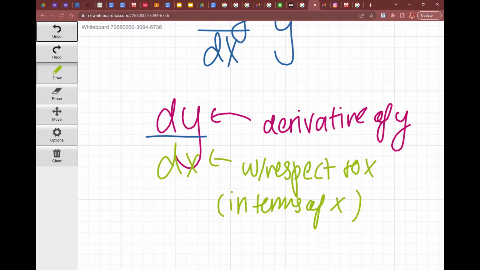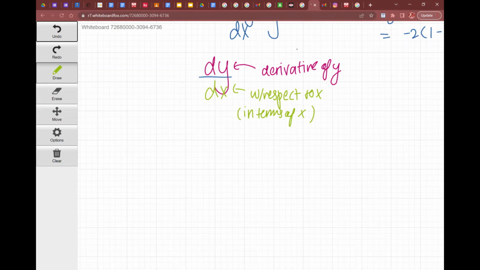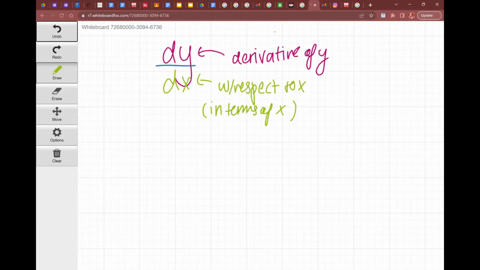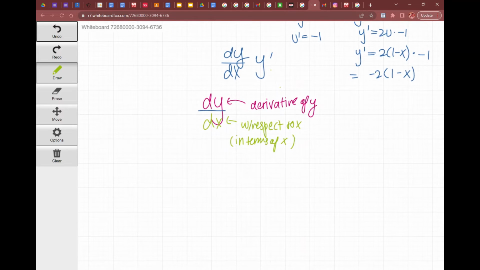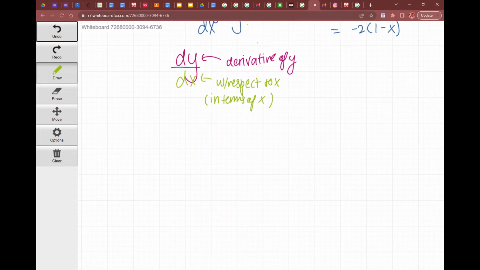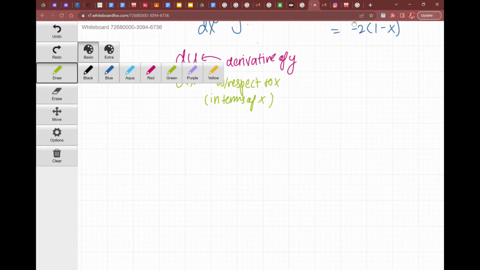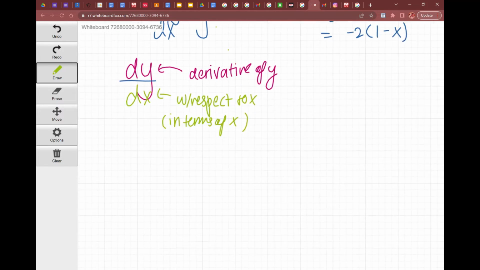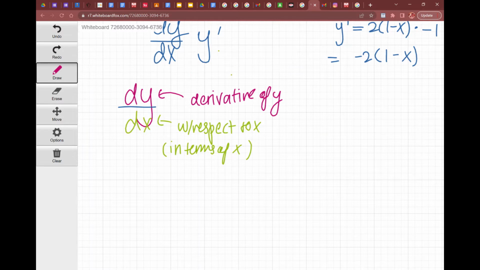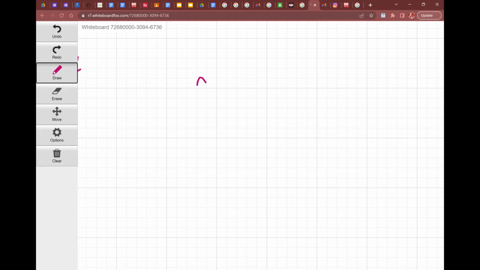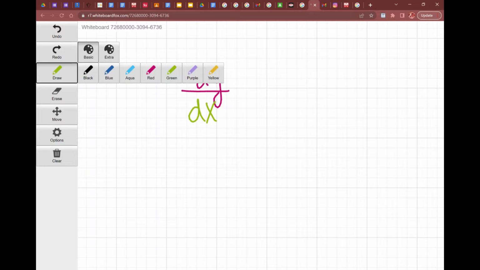And so chain rule, if you think about it, is just doing that a bunch of times but switching the terms. So if I introduce u, right? And so I need to solve for dy over dx. So I'm going to say dy over dx is equivalent to,